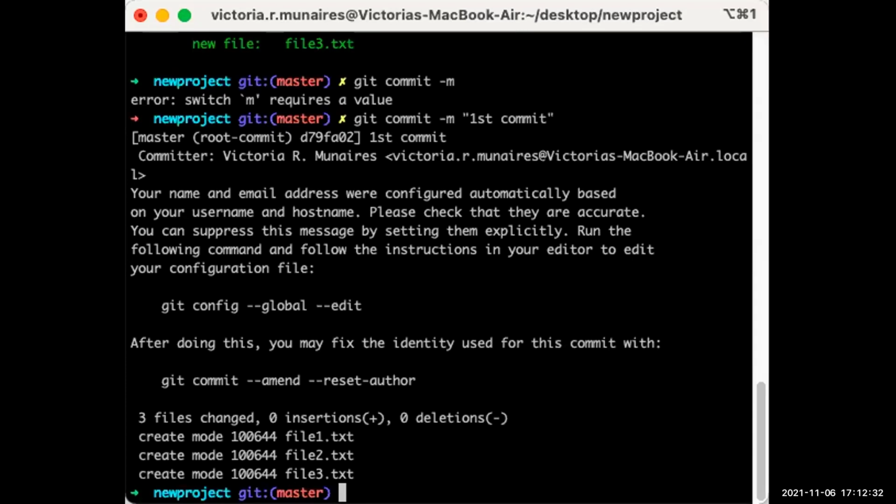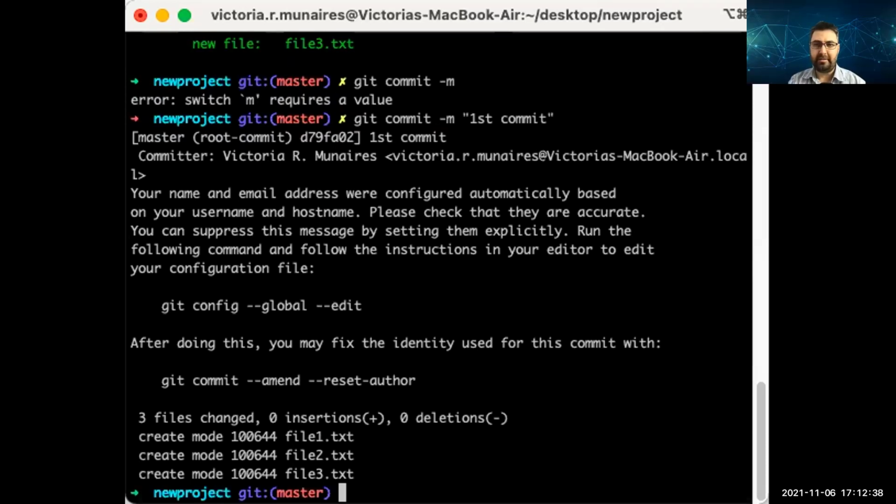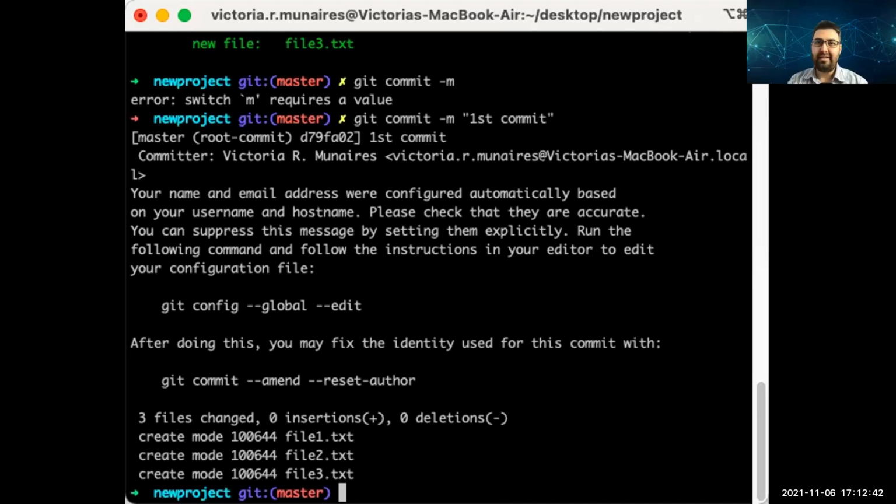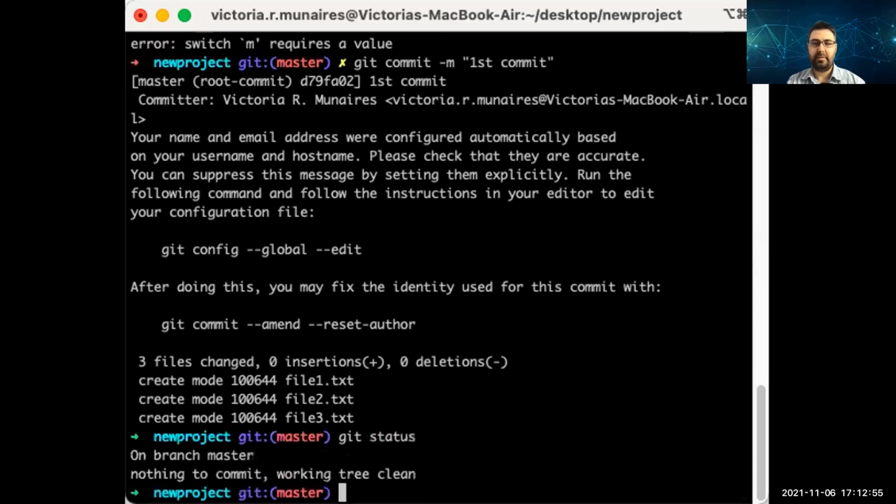Did you save your file? I'm not sure. Okay, let's check. git status, and enter. Okay, you didn't save it.